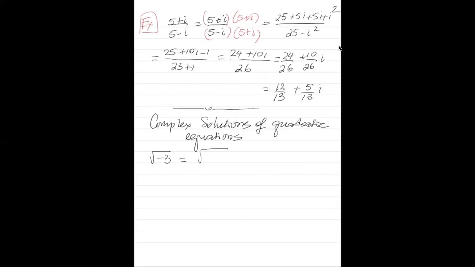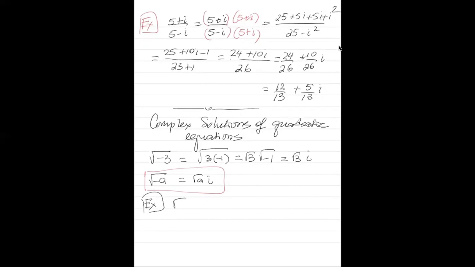We can write it as 3 times negative 1, which is the square root of 3 times the square root of negative 1. And we introduce the square root of negative 1 as our new unit i, so root 3 i. So in general, the square root of negative a is equal to the square root of a times i. We're going to use this form, the principal square root of negative a. Example,